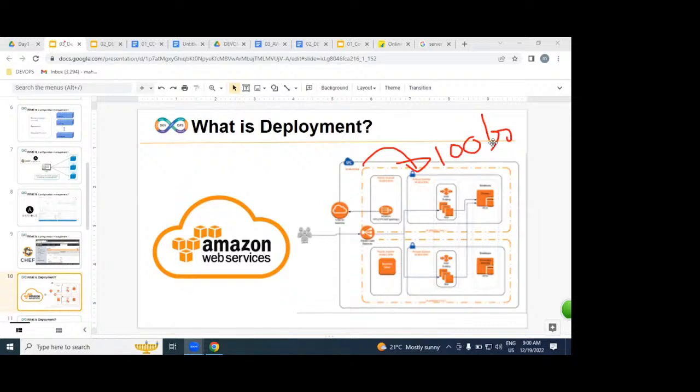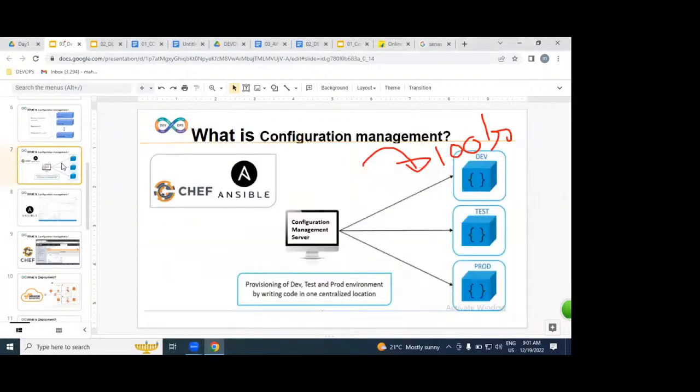If you have a laptop, you can configure. If you don't have a laptop, from where can you get it done? That is the question. In how many ways can we get servers? Physically, like your laptop. Virtually, and on the cloud. Which cloud? AWS. Hundreds of servers we are going to get from where? AWS. On top of hundreds of servers, we can implement an automated process with the help of Ansible and Chef.